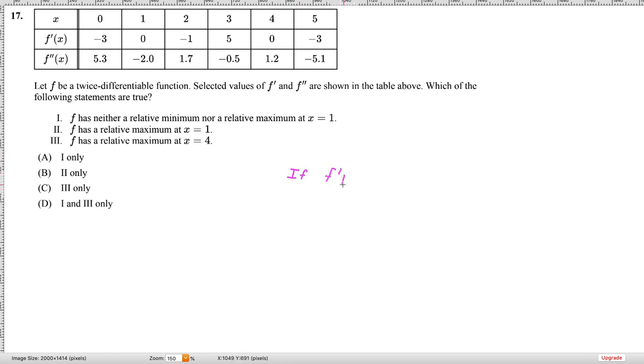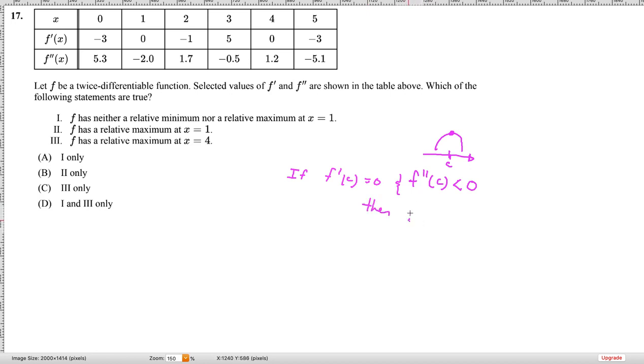f prime of c equals 0 and f double prime of c is, in this case, let's say less than 0, that means that my function is concave down. That means that if the second derivative is negative, my function's concave down at c. So it looks something like the picture that I just drew right here, where this value is c along x, right? So then, and just as the picture illustrates, then